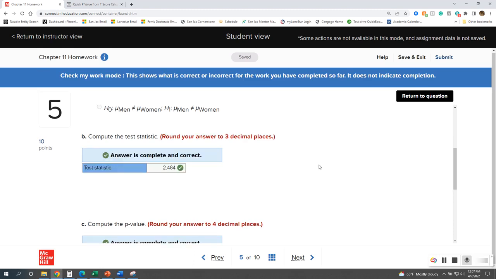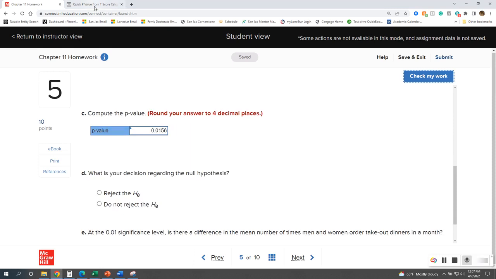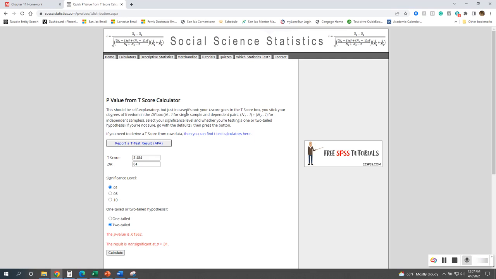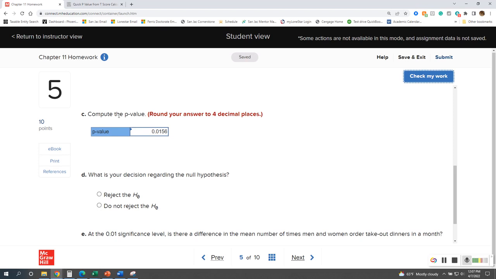Okay, check. And there we go. So that one you will have to kind of Google. So I found this quick p-value, as you saw. I just did a real quick Google search. Type in our answers. And boom. There it is. I don't know why they do that with the p-value. Sorry about that, guys. But yeah,